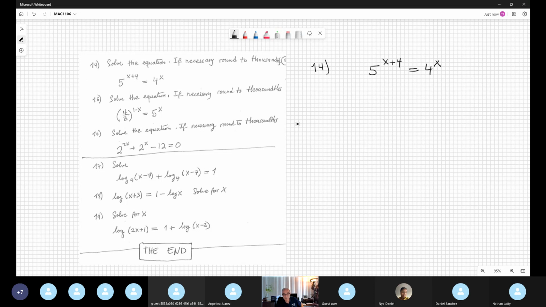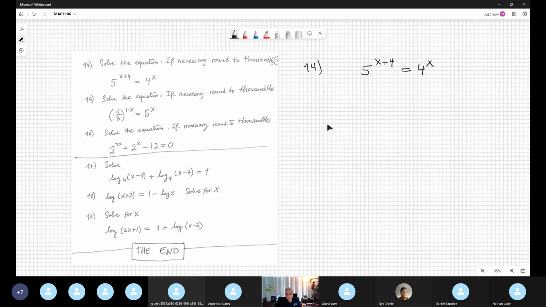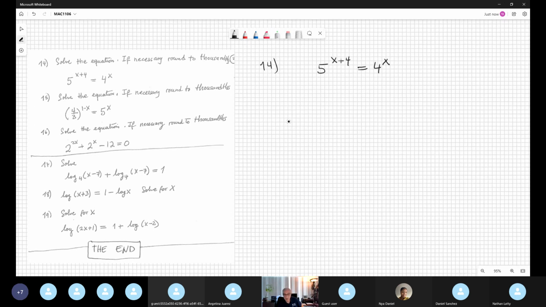So the only possibility we have is to apply a logarithm to both sides. What kind? I recommend standard, maybe natural or common, either way. Let's use common, because in another example we used natural. And you see the beauty of this: it doesn't matter which logarithm you apply, you get the same answer. You apply the logarithm, LOG. Remember, LOG is the common logarithm, base 10, with no specification of the base, so by default you assume it's 10. Of 5 to the x plus 4 is equal to LOG again,